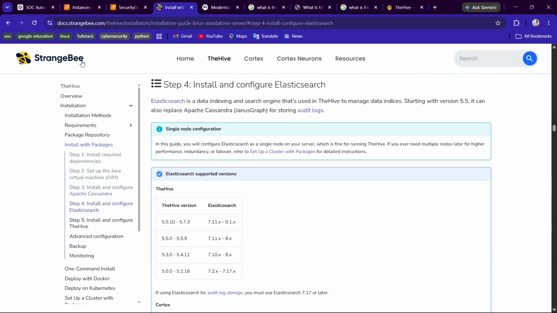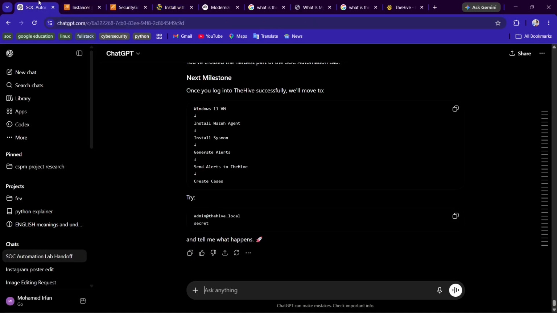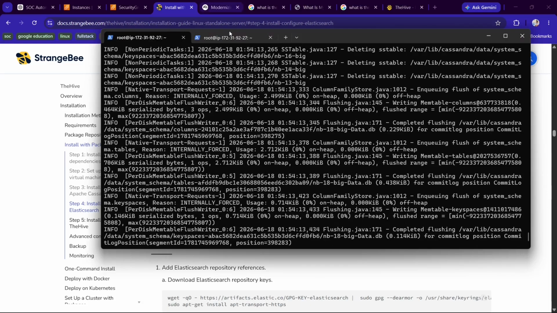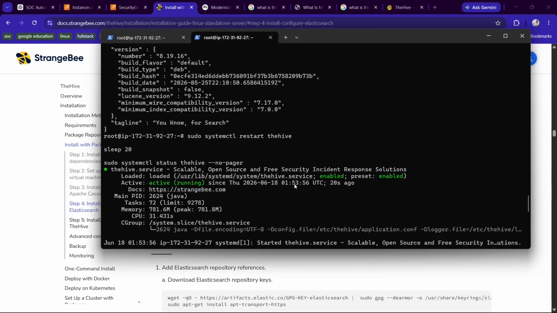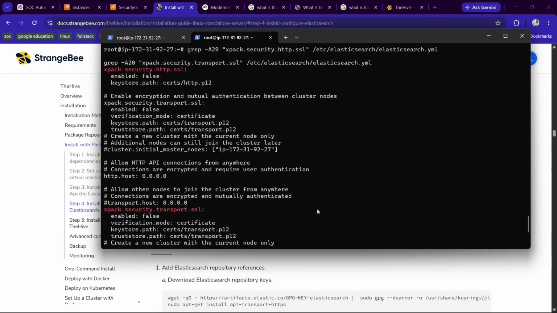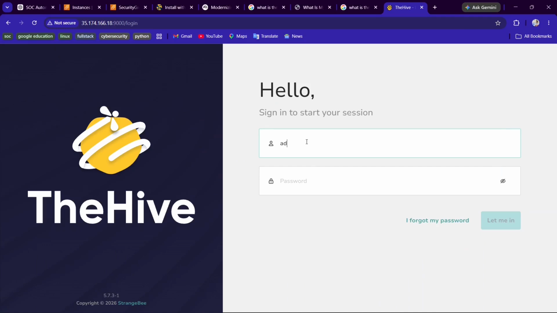So this website is actually pretty good when it comes to guiding us to download Elasticsearch, but it has some problems. As you can see, Cassandra I manually started, so it needs to start automatically. But I will provide you with a detailed description on how to do that. It's mind bending and it really increased my stress. And once that is done, you can go to that Hive server using the public IP of that Hive server